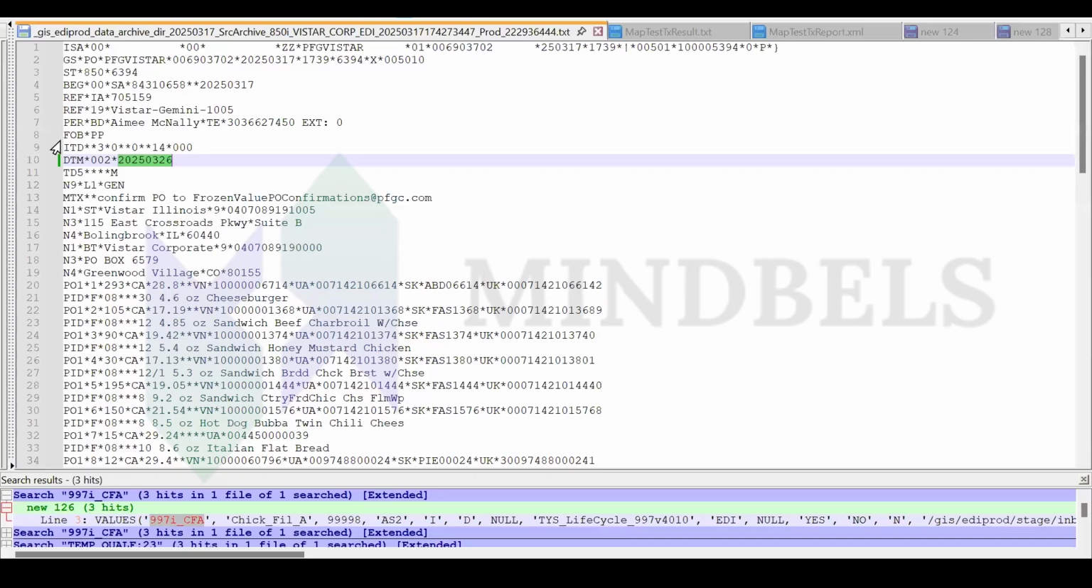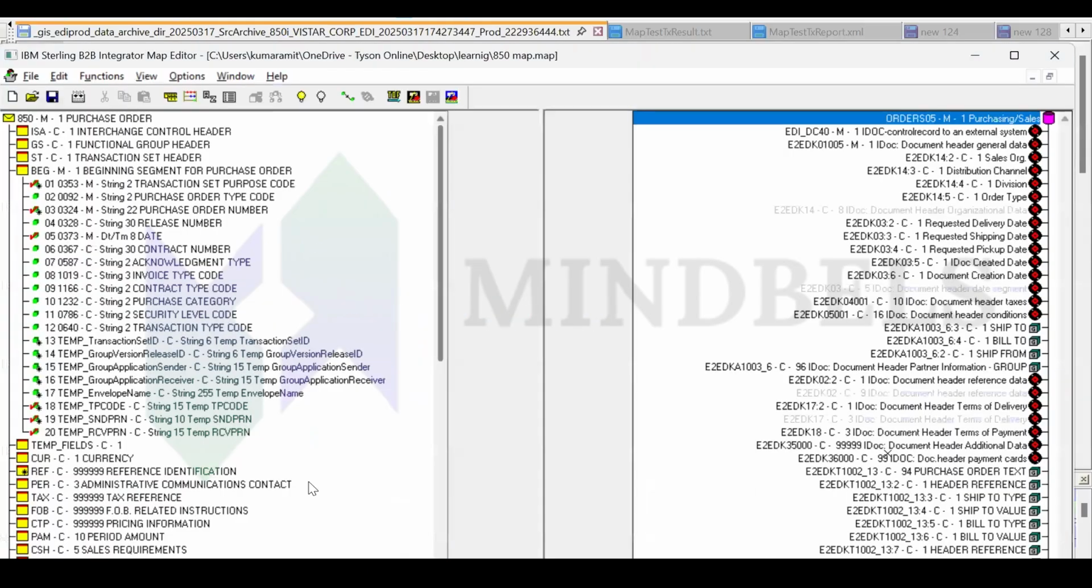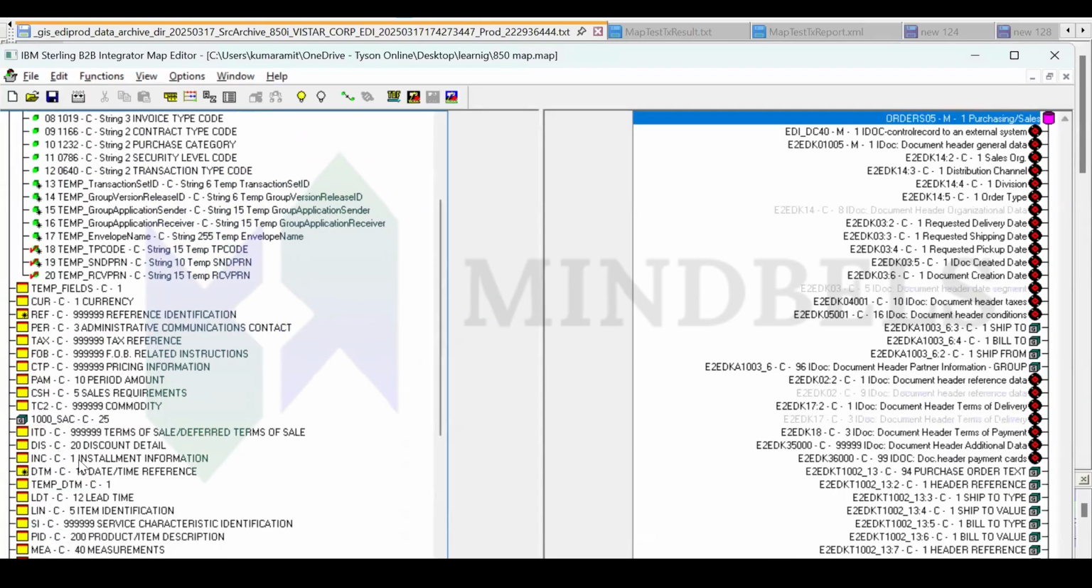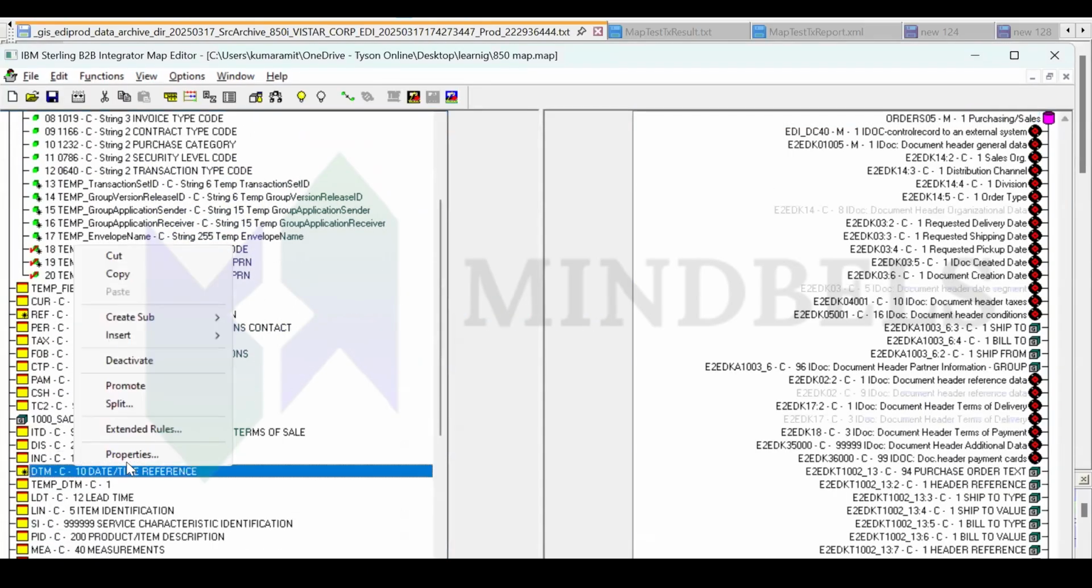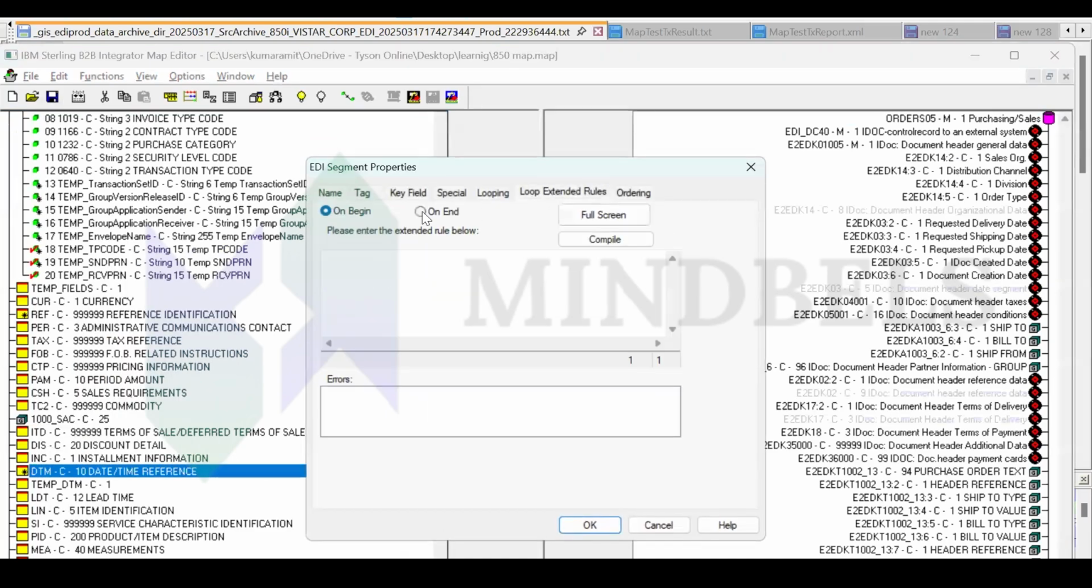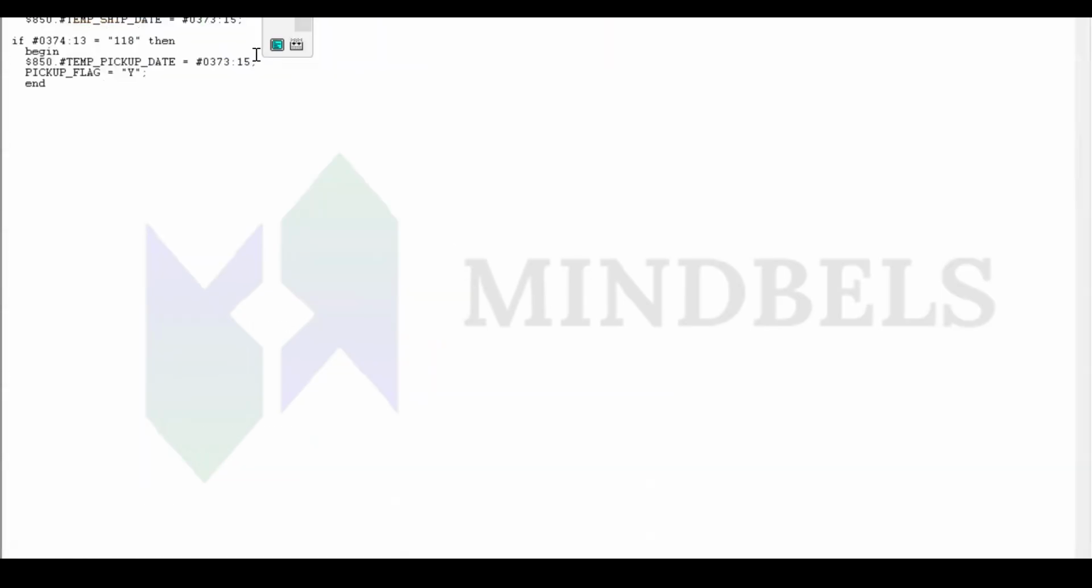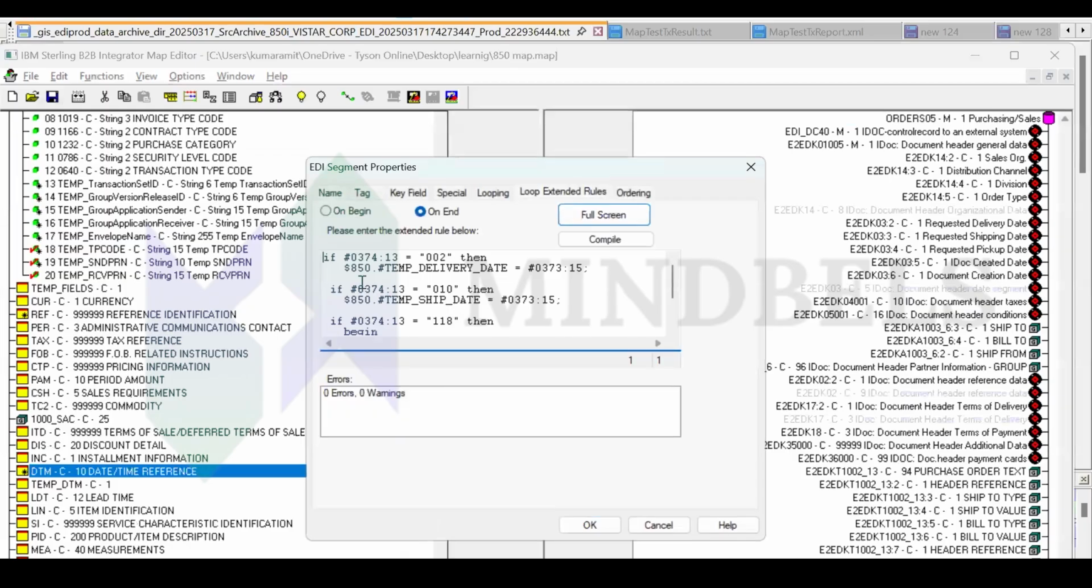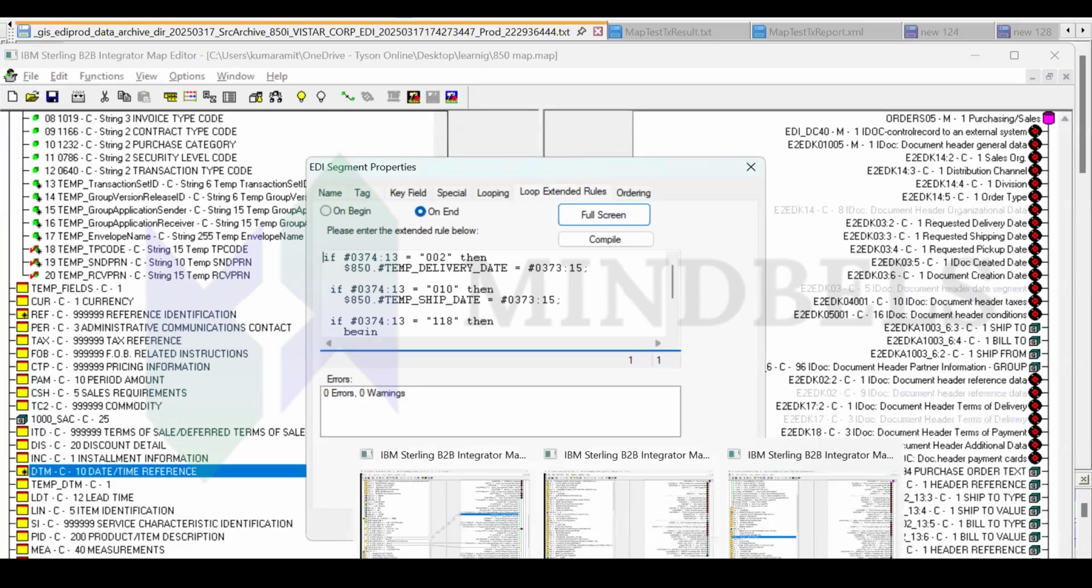Okay. So currently we have received this DTM 002. If I show you in the map, this is an already created map. The logic is already written here, and this is how we identify the current logic. As you saw in the requirement,